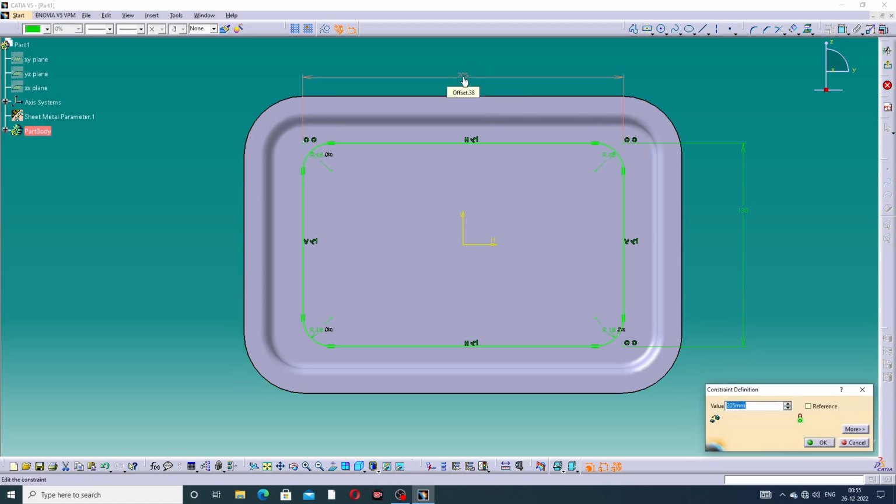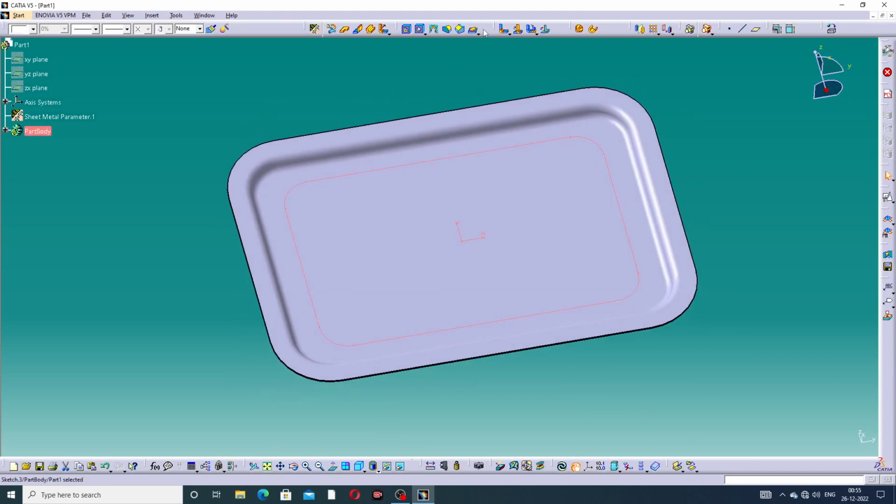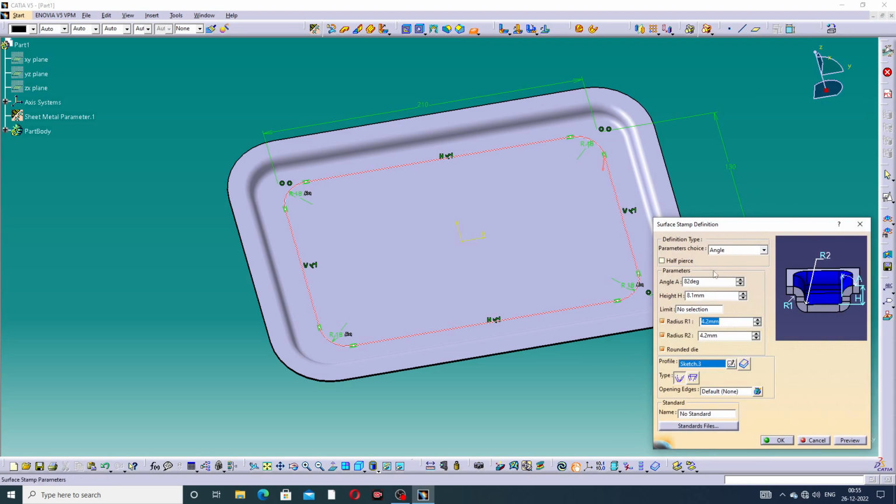And also 210 is better. Okay, perfect, and 130 is correct. Okay, and click exit, and the surface stamp definition box pops up, and this angle is 82